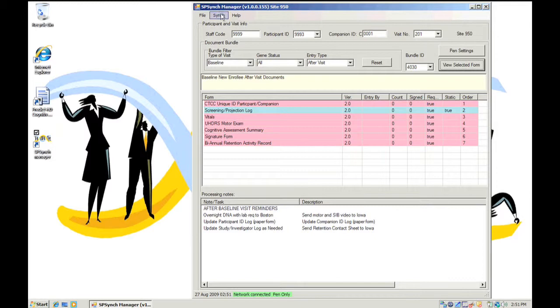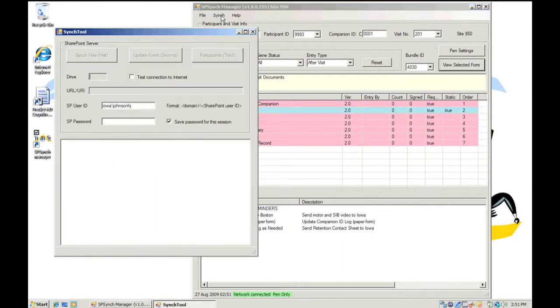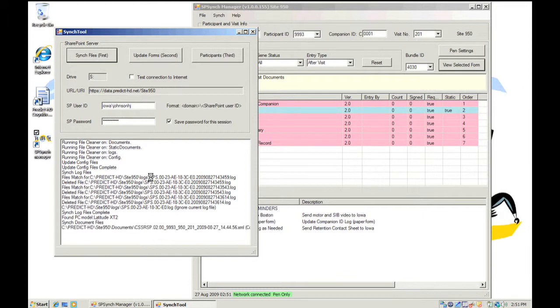You just go again to the synchronization screen. You'll have to type in your predict ID and password and synchronize the files. And as it's connecting to the network mount, you can see in the log that we are uploading files. And I would just like to bring your attention to a few things here. In this log file,